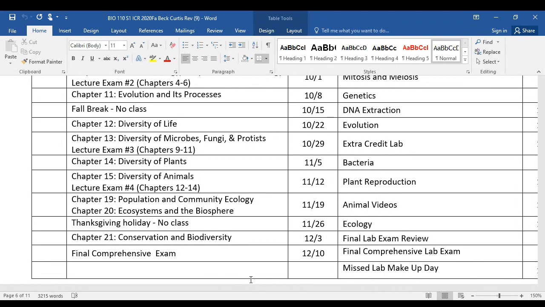So after today's exam, there's only one exam left. It's the final exam, which is comprehensive, which means it covers the whole semester of material. So we have 4 chapters left, including 15 today. Chapter 15 is on just a survey of the animal kingdom. And then the last 3 chapters, chapters 19, 20, 21 are